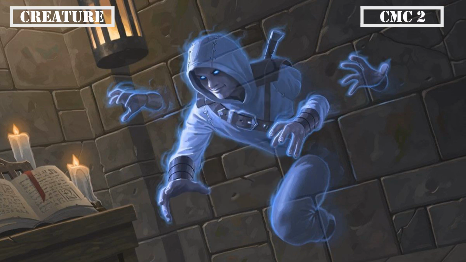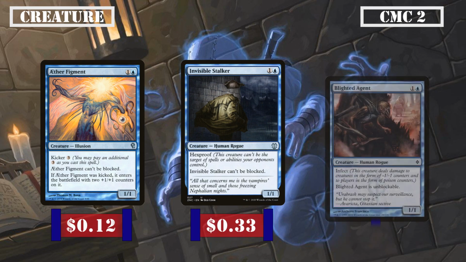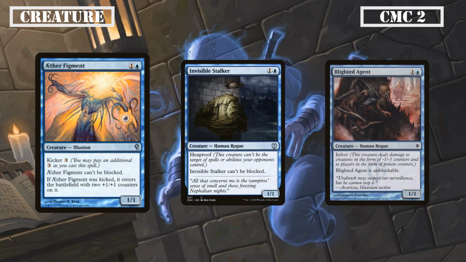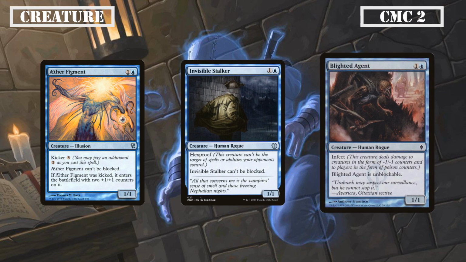The CMC 2 slot then continues with the unblockable bodies with Aether Figment, Invisible Stalker, and Blighted Agent, all 3 being 1/1s that can't be blocked, the first having Kicker for 3 to have it come into play with 2 +1/+1 counters for the bigger body and counter synergy if we cast it later, the second having Hexproof for the built-in protection against targeted removal, and the third having Infect, making it particularly nasty as it grows and working well alongside